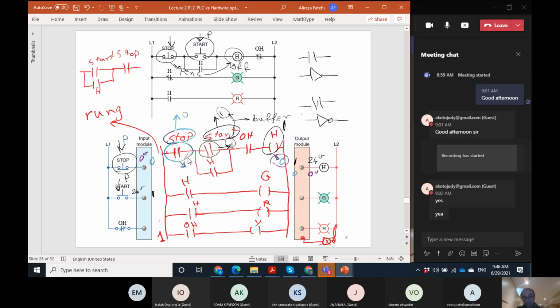From the stop contact point of view, if we want to make it 0, this must become 0. If we make it 0, then this becomes 0, because when it is 0, it means that this is open, and so the logic cannot reach here. Or let's say this is a series connection. In a series connection, you know that it is a series connection. So it's like this, stop. It is connected to a